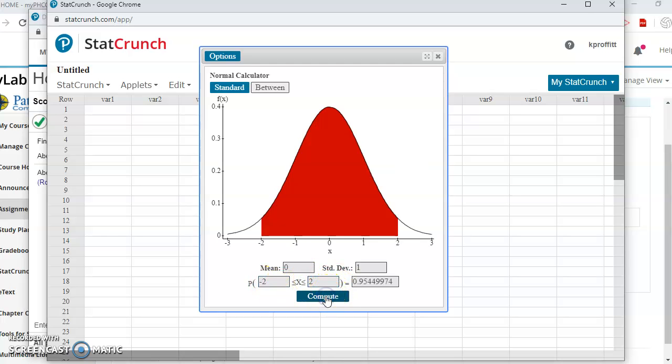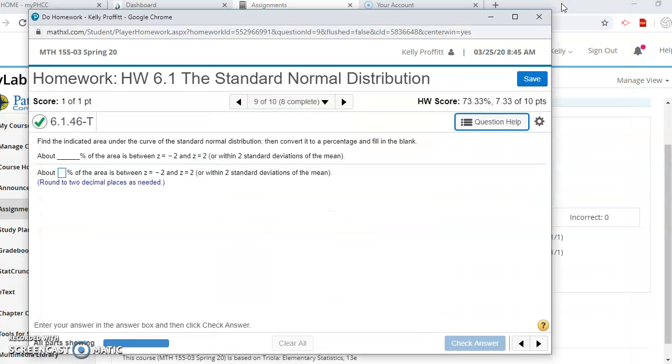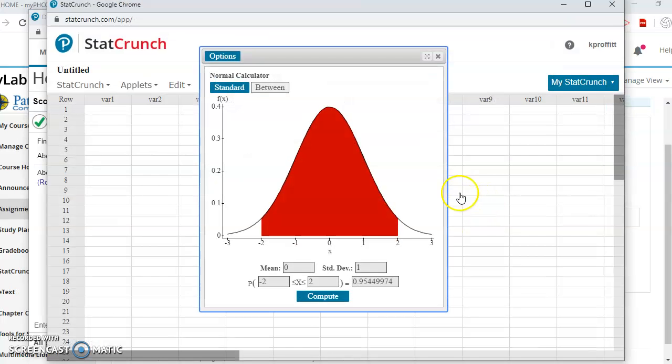And then click compute. And I think they wanted 2 decimal places, let me look. How many decimal places? 2 decimal places, and it's a percentage. Okay, so what you'll do is you'll move your decimal 2 places to the right to convert it to a percent. So it's